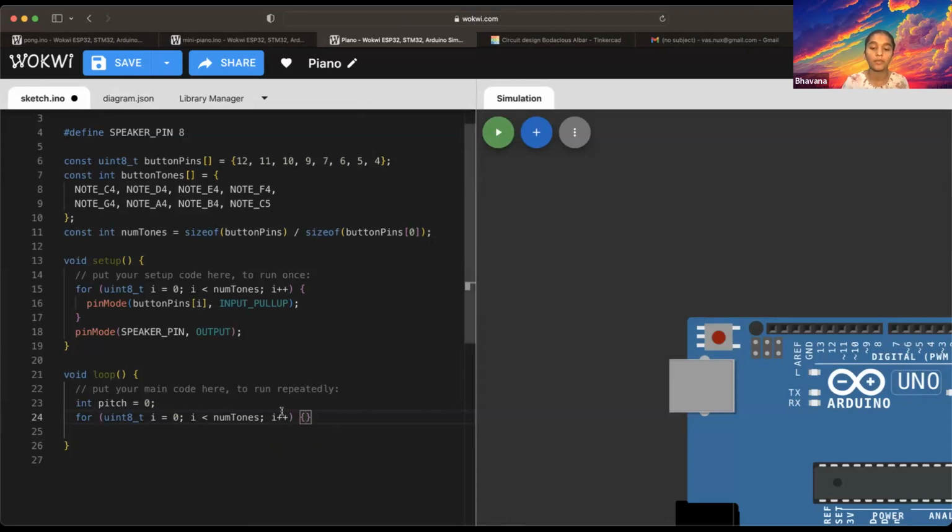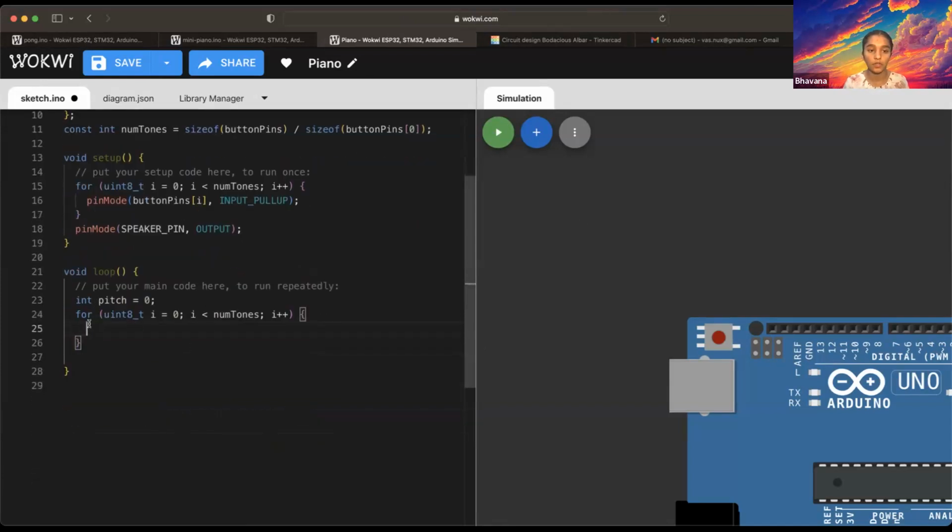And then we get a curly bracket and then hit enter. So we're in the for loop, so we should be indented. And then we make an if. An if is a conditional statement. So if this happens, do this, else do this, or else if. So we do if